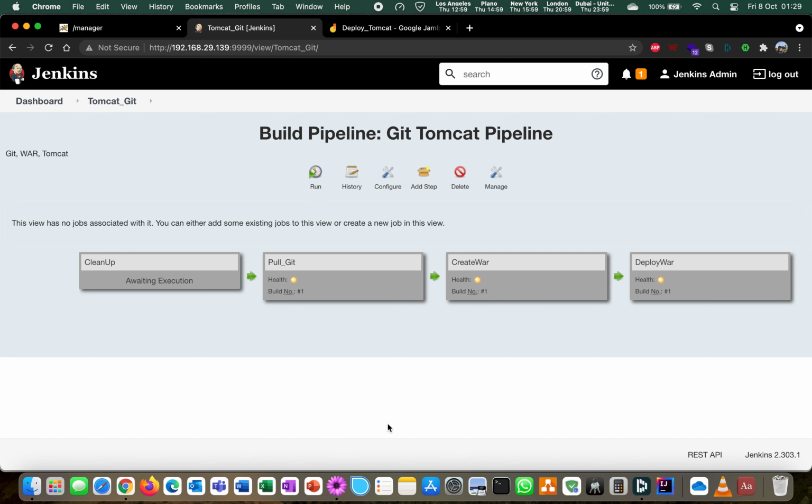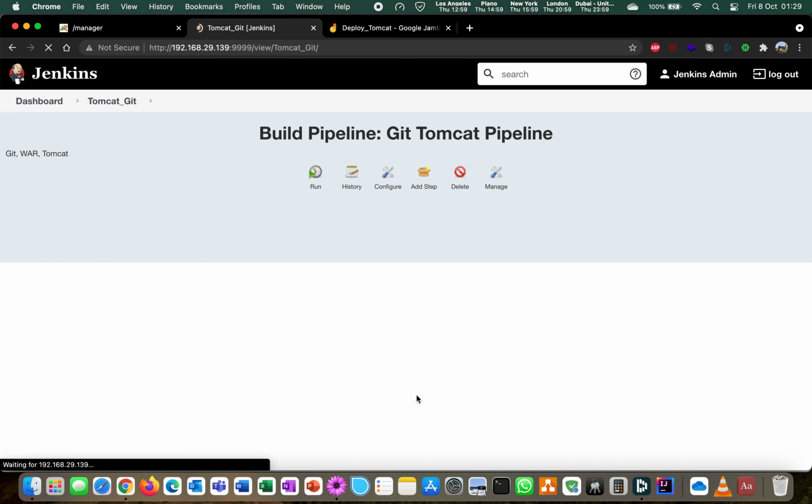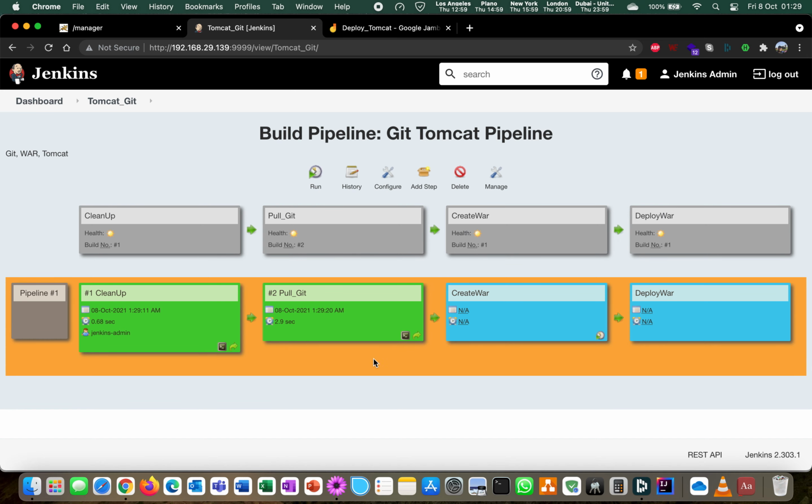So initially we'll just refresh the page, and you can see that 3 jobs in blue color are in queue, and cleanup is being executed. Right, just refresh it and we'll see pull underscore git is being executed, and create war is now in execution. Right, it's being successfully executed, and finally our deploy war is in queue, and if we refresh, it's already been deployed.